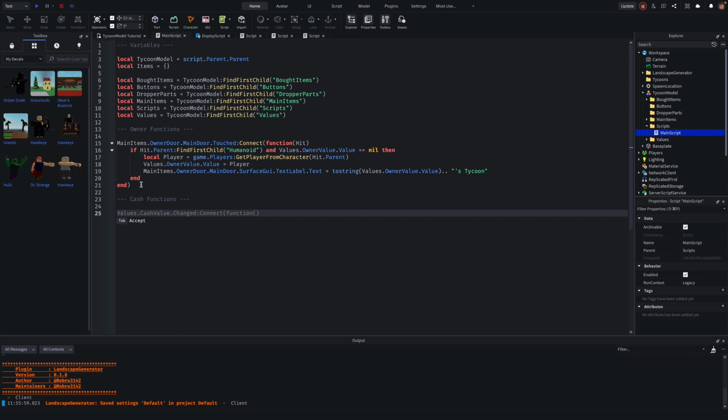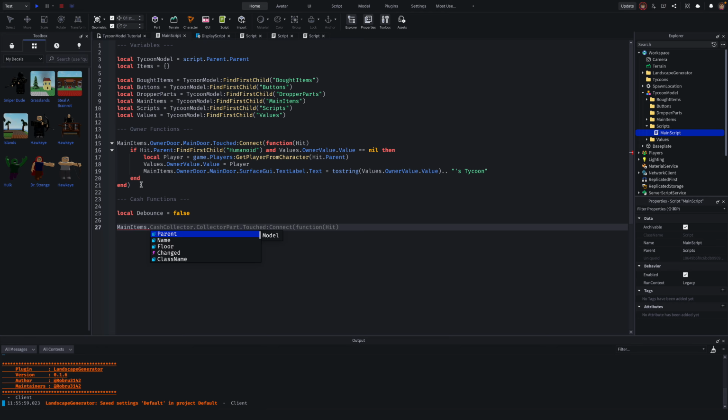And then go ahead and do local debounce equal false. And then main items dot cash button dot button part dot touched